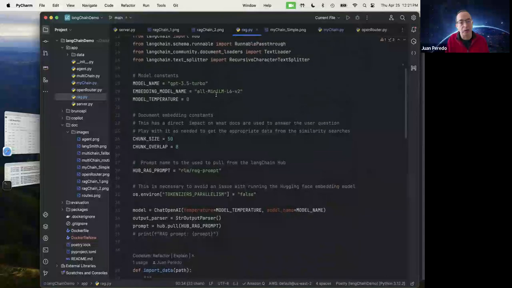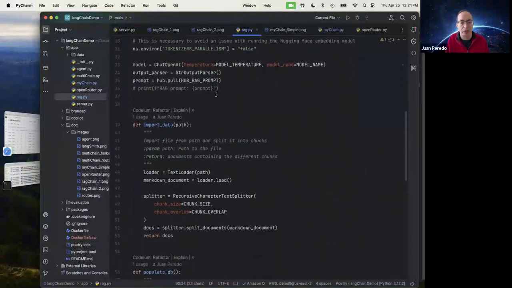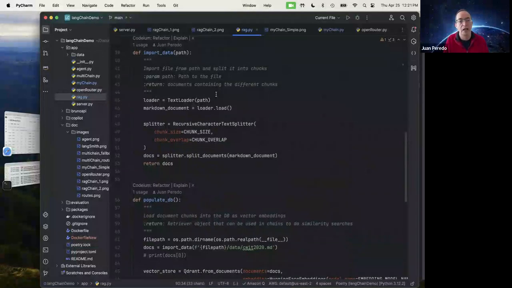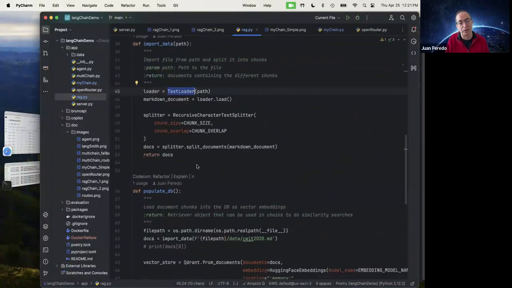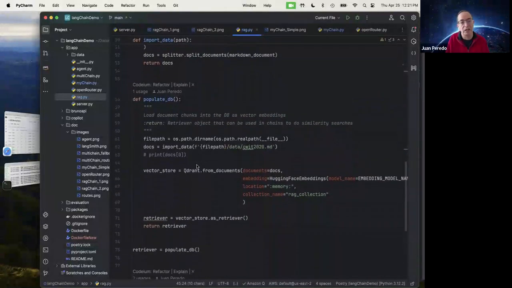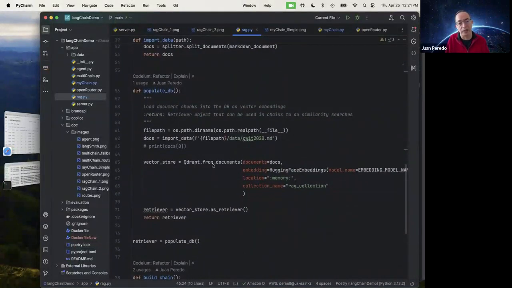All right, I'm not going to go through the whole document, but I'm going to pick some highlights. The first thing is we're going to use the LangChain text loader, and in this case, we're uploading a Markdown document. I'm going to split that Markdown document into small chunks and pass those chunks, or pieces, to the database. Qdrant is the database I'm going to be using. It's a vector database, but you can use any vector database that you want. I'm going to say: take the document pieces that I have, create some embeddings from them, and store them